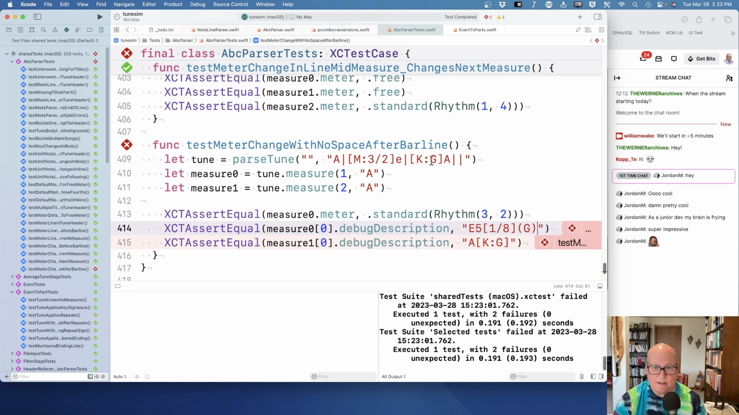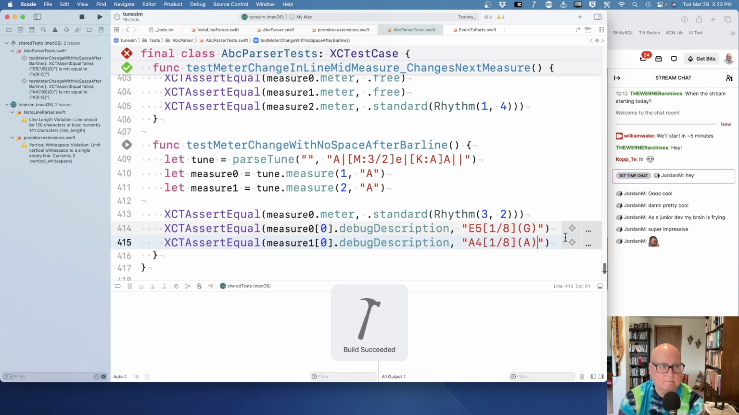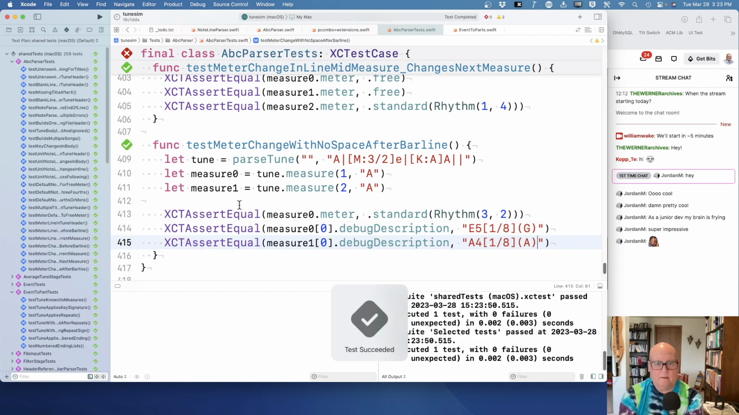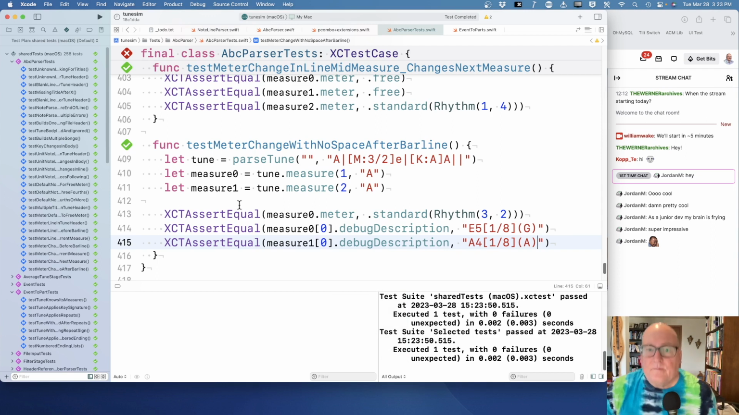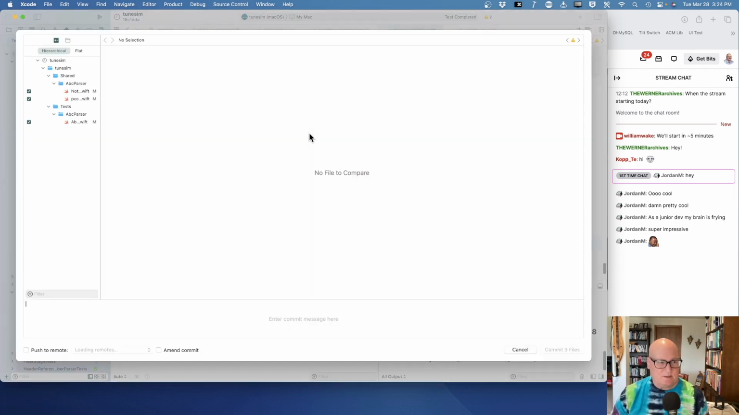Okay, so I should switch the key to something else. Let's go to key of A. So this is probably A5, A4, 1/8 A. Okay. Let's commit that. All right, so we've